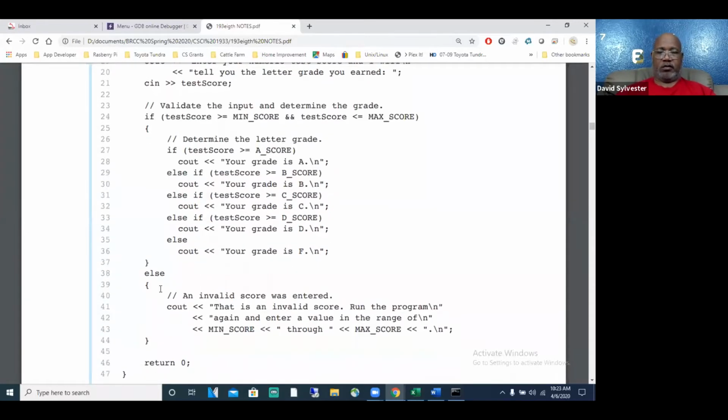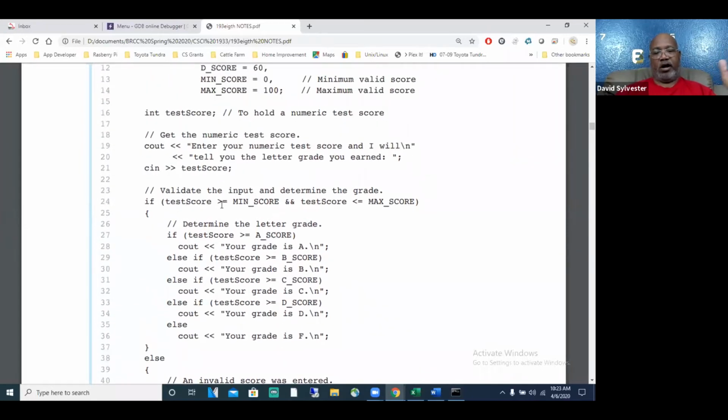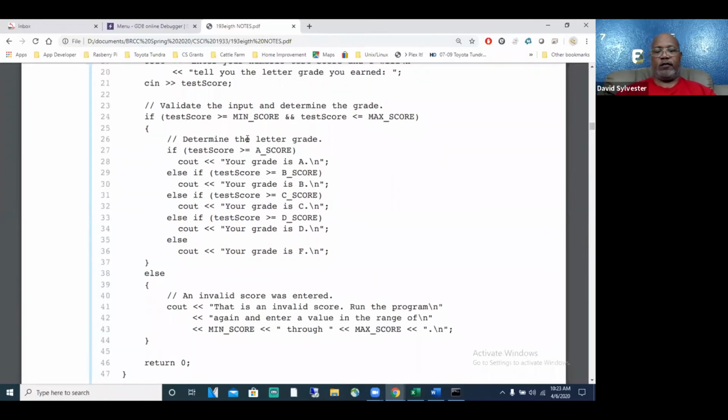Wow. Else, and this, oh, here we go. This is what they did. They checked the range. If it's greater than or equal to the min score, which is 0, and less than 100. So now, anytime it falls in here, we know the score is going to be from 0 to 100. But if it's anything else other than that,